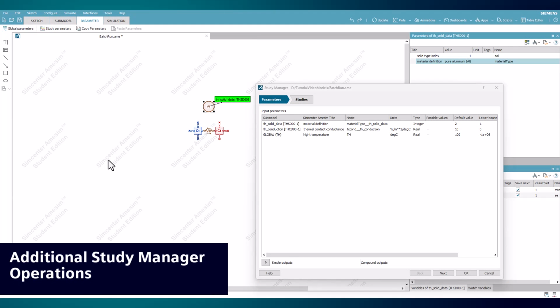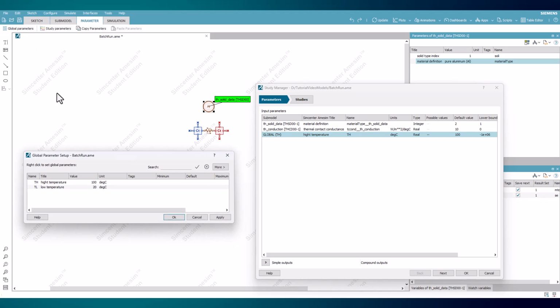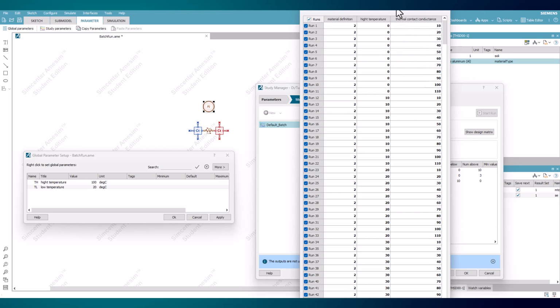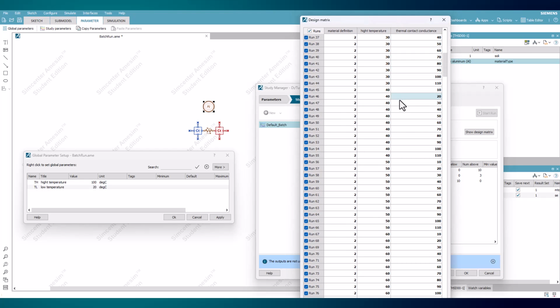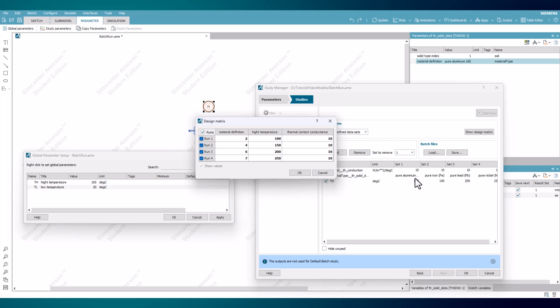Additional helpful batch run tips include the ability to perform batch runs on integer parameters, such as the thermal material definition, as well as using a global parameter to perform a batch run. Another convention is being able to select multiple parameters to perform batch runs with. Doing so and varying between two limits will perform a batch run for each possible variation of the parameters selected, and within user-defined datasets, will perform a batch run for each column set within the window.